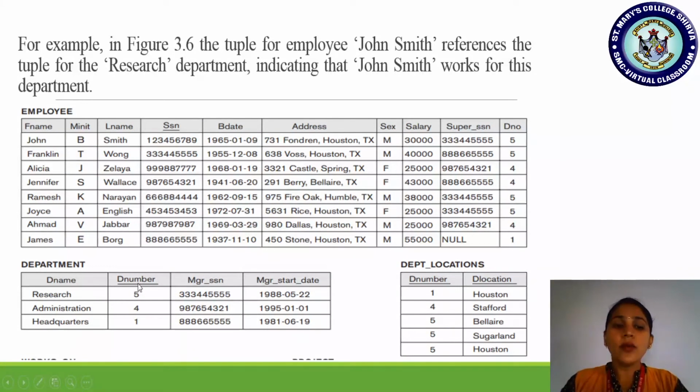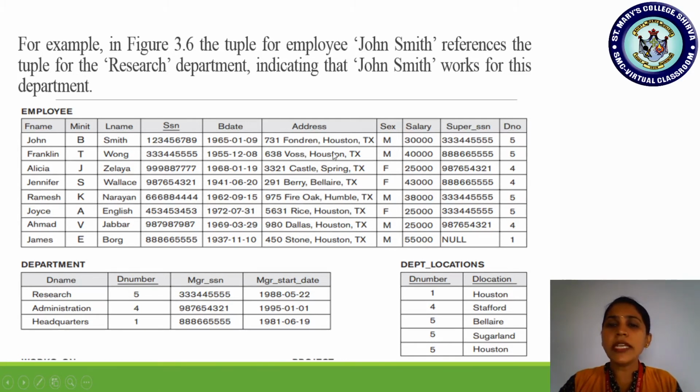I should check in which other relations the D number is acting as a foreign key. Are you all understanding? I want to delete department number 5, but before I remove this department number 5, I should verify in which all other tuples the department number is acting as a foreign key. Okay, now let us check. In the employee relation, you are finding department number acting as a foreign key. So what I should do, before I delete the department number 5, I should first delete here.